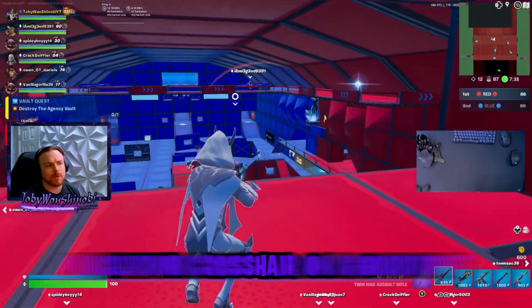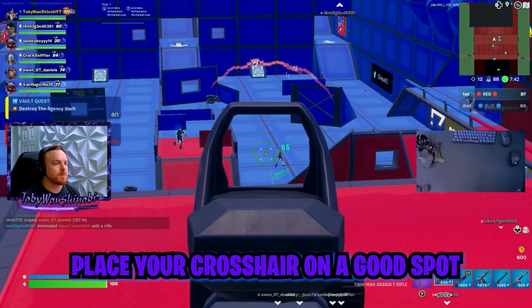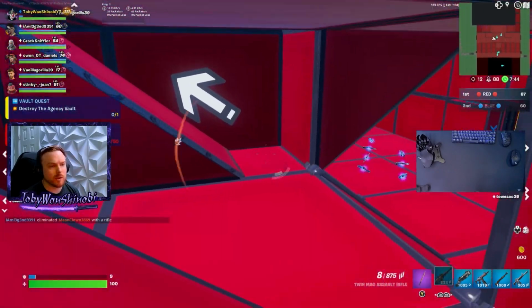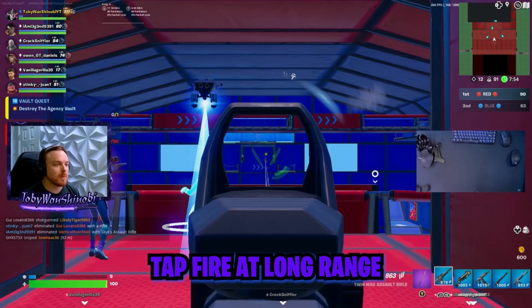And yeah, then I guess the fourth thing is just crosshair placement, right? Just have your crosshair in a good spot. Predict where the enemy is going to be and pull the trigger when it's over them. And then I guess fifth would be tap firing at long ranges, right? Don't be holding this